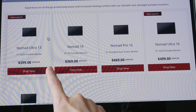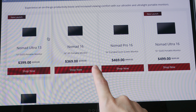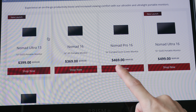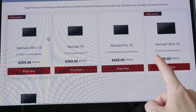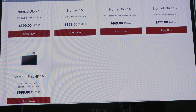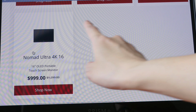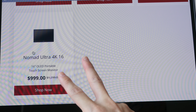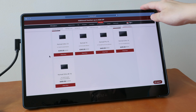The Nomad Ultra 13 OLED display is 399 Singapore dollars. The Nomad 16 LCD display is 369 Singapore dollars. The Nomad Pro 16 LCD touch screen display is $469. The Nomad Ultra 16 OLED display is $499. And lastly, there is the Nomad Ultra 4K 16 OLED display, which is also touchscreen. This is $999. So this is 2 times more expensive compared to the Nomad Ultra 16, which is actually this display that